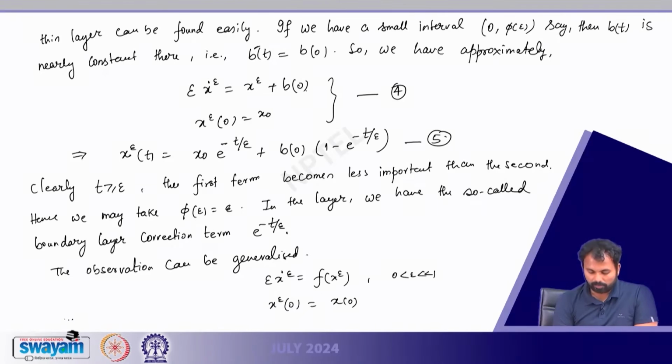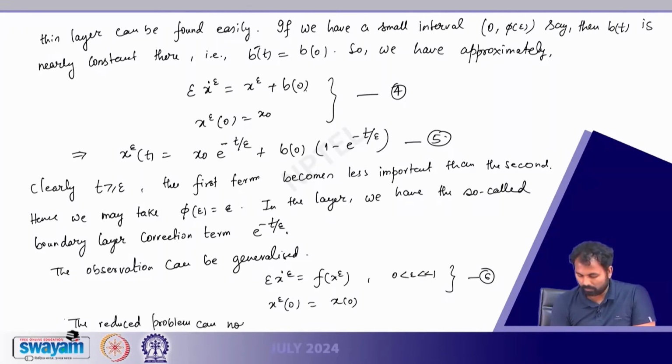So the reduced problem, let us call this equation number 6, can now have more than one solution,